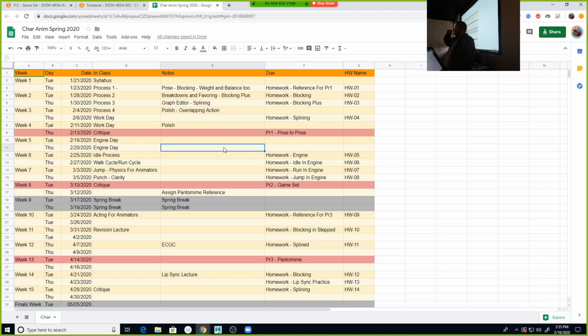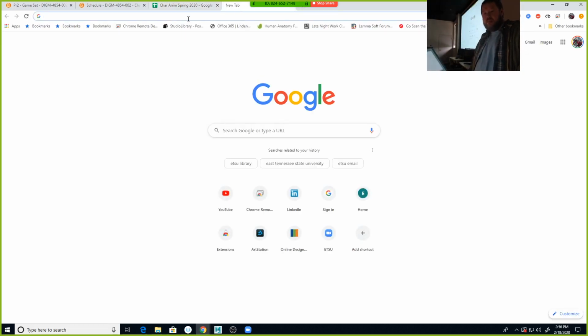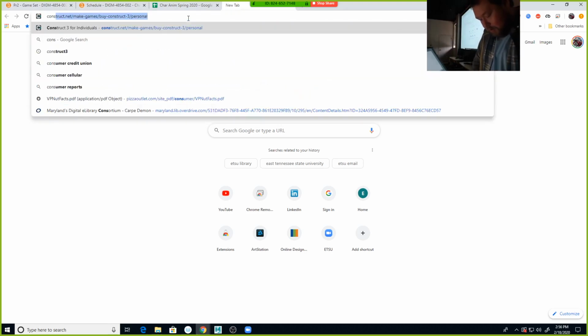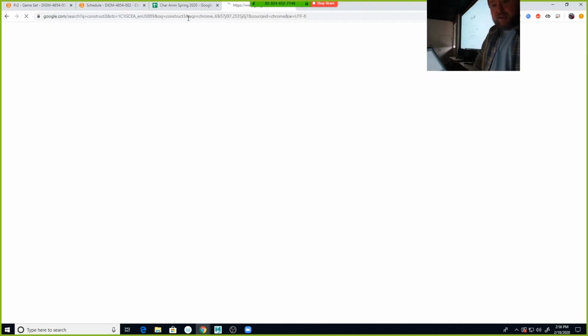So, yes? I have a 2D platformer in the software I'm using, which is already basically its own little engine. Can I use that, or do I have to make something from scratch? No, you can use that. I mean, you probably get more flexibility if you make stuff new from scratch, but you can use that as a starting point. So if you're doing this in 2D, look up Construct 3,